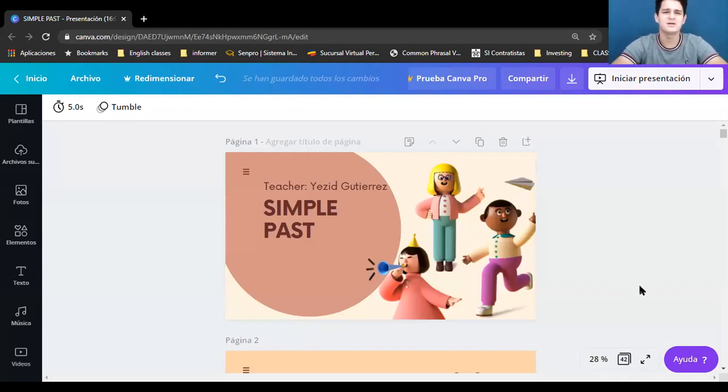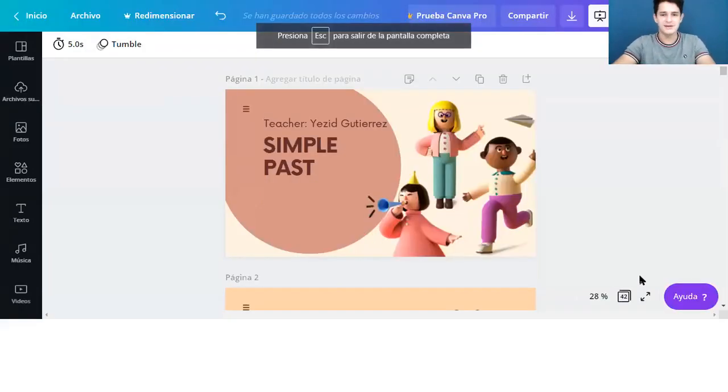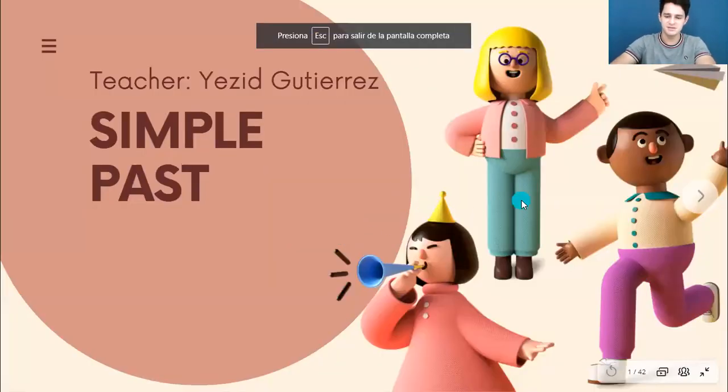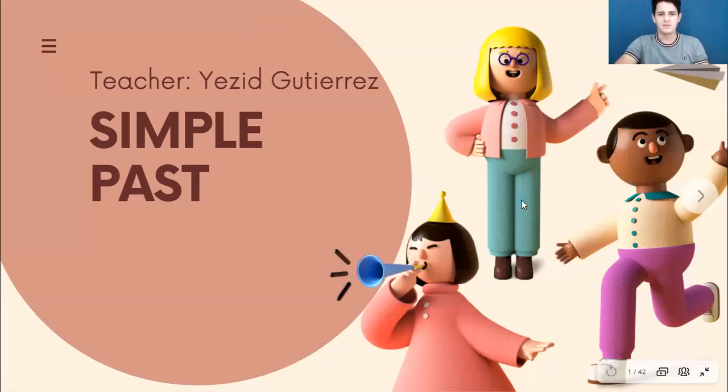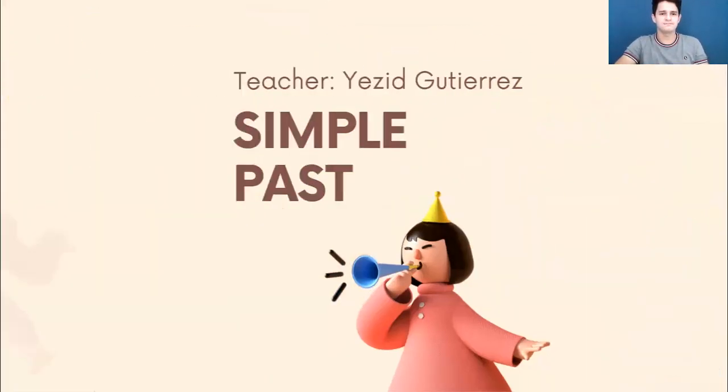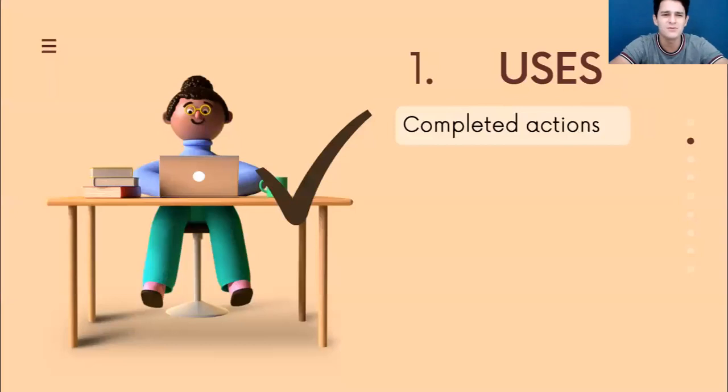Today we have the simple past, okay? This topic is very important. This is one of the tenses that we use the most, okay? And when we're going to talk about the past, okay? So the simple past in this case is our topic, all right? So what happens? We're going to start talking about all of the little things we have for this topic, which is a tense, okay? And what is the use for this tense, okay?